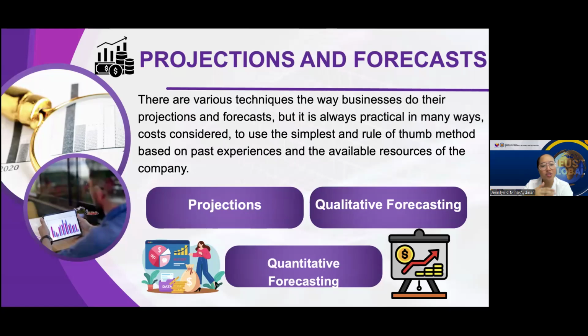A good forecast should follow the SMART principle: S for sustainable, M for measurable, A for attainable, R for realistic, and T for time-bound. Example, the students creating electric bike kits use projections and forecasts. In terms of quantitative, they analyze the sales trend from the past 5 years in urban areas and notice increasing demand for eco-friendly transportation. Qualitative, they consult the experts to assess how government incentives for green tech might influence the